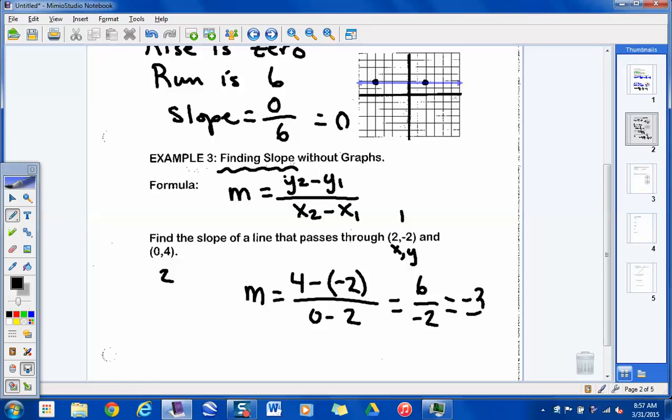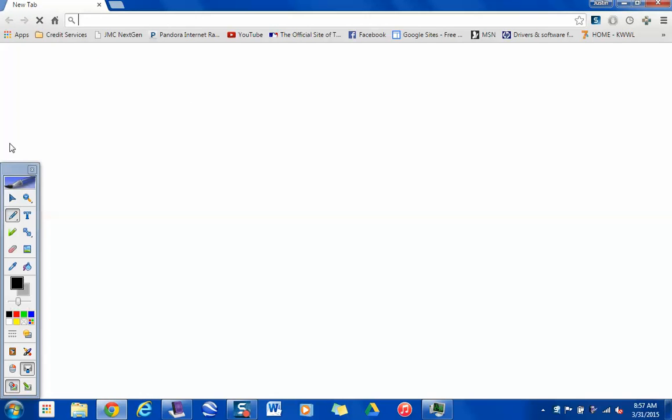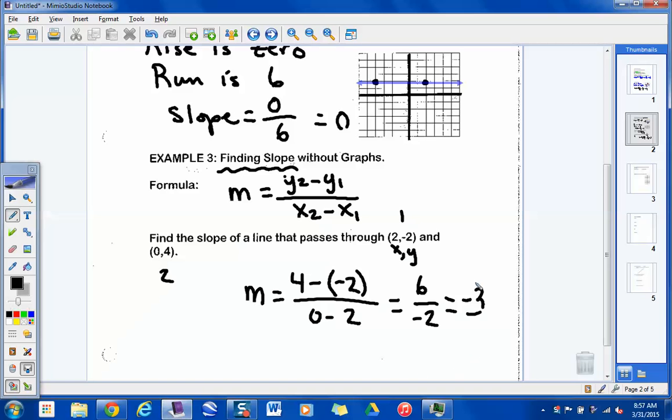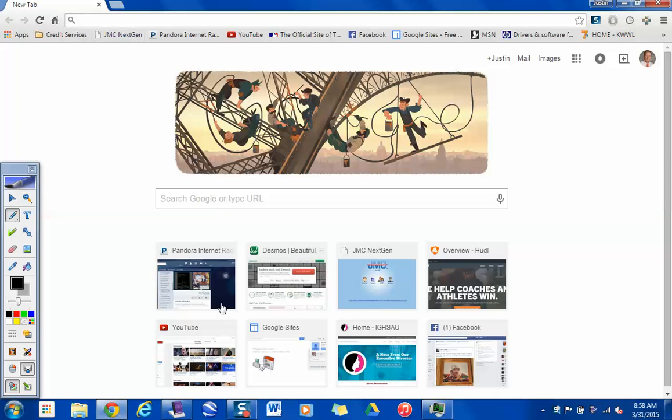ask you what the points are if I plug this in? If I've done this correctly, by the way, is this going to be an uphill graph or a downhill graph? Downhill, because the slope is negative. What are the 2 points again, Mrs. Miller? 2, -2. So if I go in here,